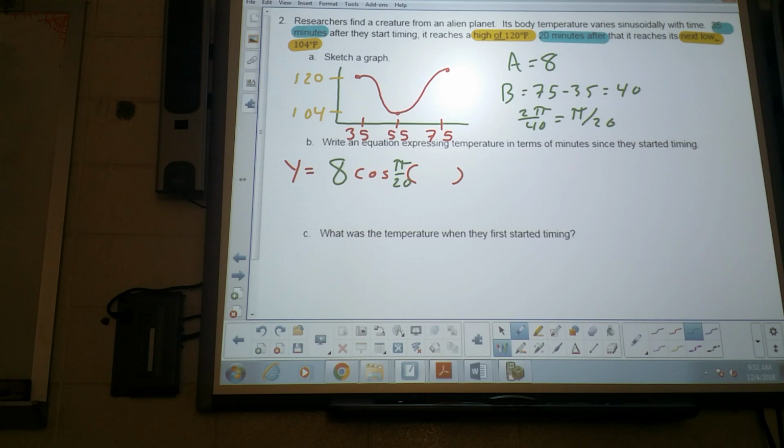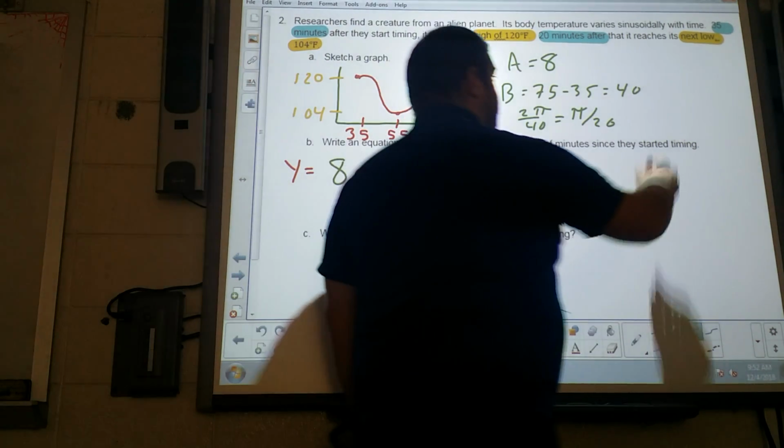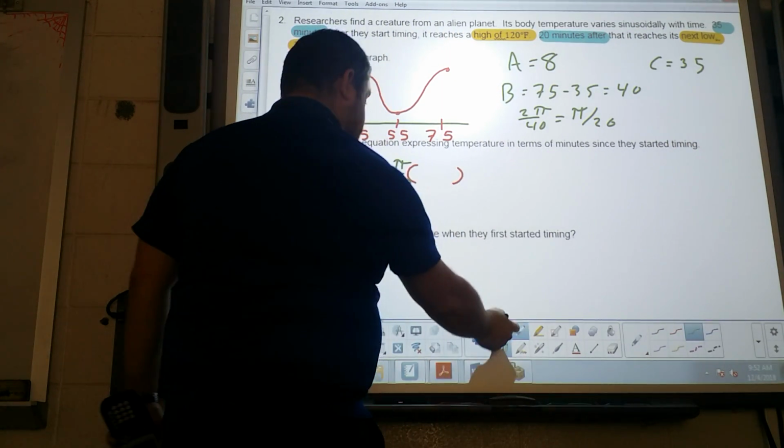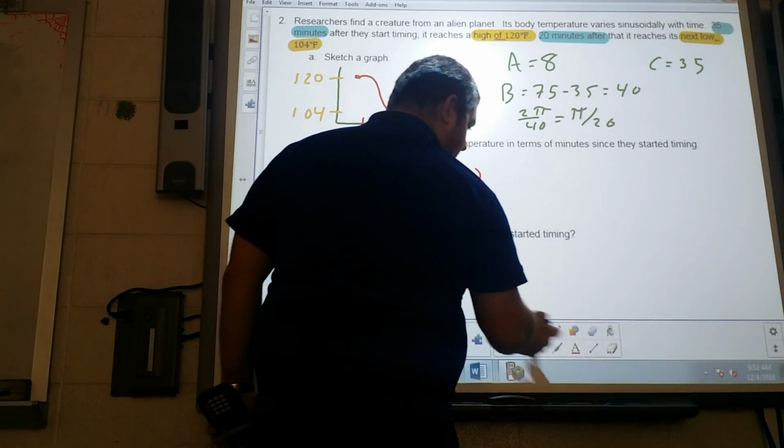What about our c value? Negative minus 30. So c is going to be 35. We do have to make it the opposite when we go into the equation. So we do write the x minus 35